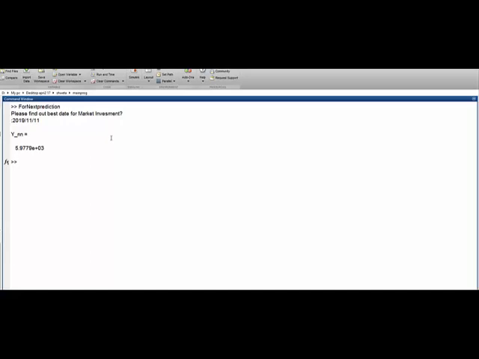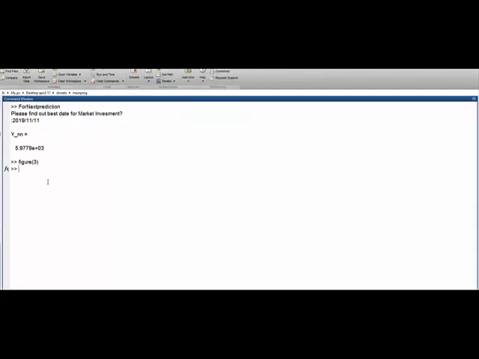So let me plot the predicted value first. This is the value of the previous market. Let me make a figure, let me open another figure 3.